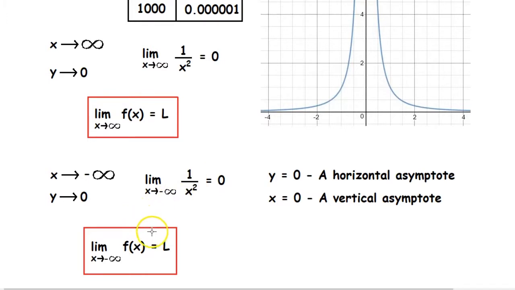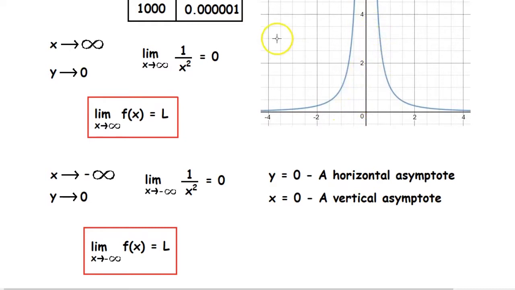The general notation of this will be limit of f(x) as x tends to negative infinity is equal to L. Here in this graph, the x-axis or the line y equals 0 is called a horizontal asymptote because